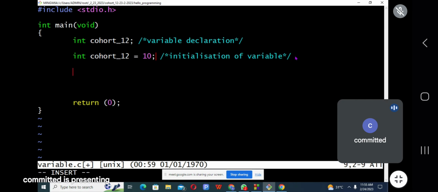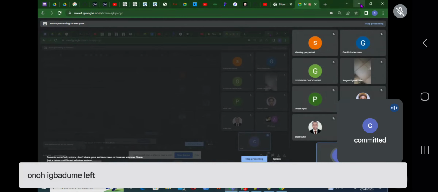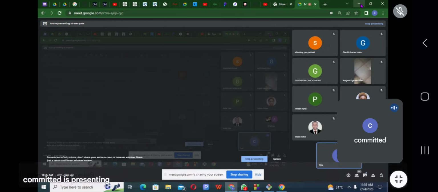Now, if you want to pass value for floats, what is float? Float is a decimal number. It could be 2.4, it could be 5.8, it could be 9.01, it could be 25.679. Those are what we call floats. They are called decimal numbers.